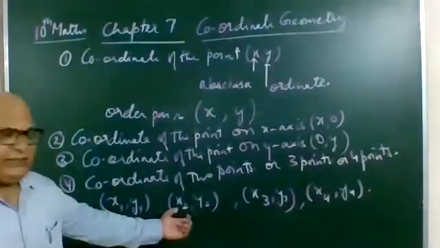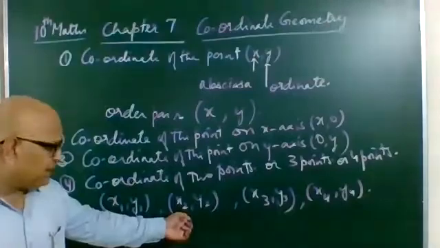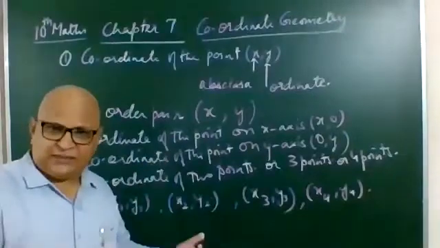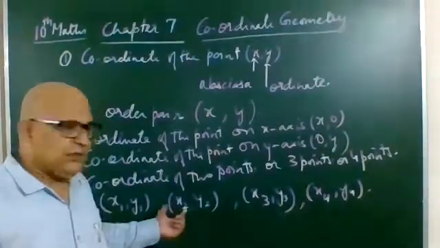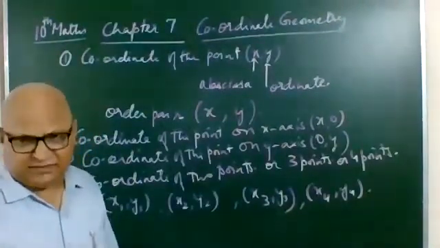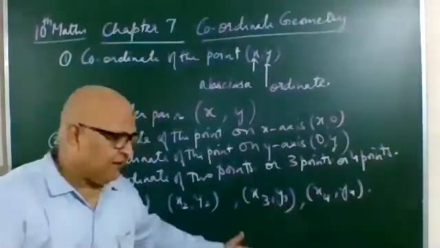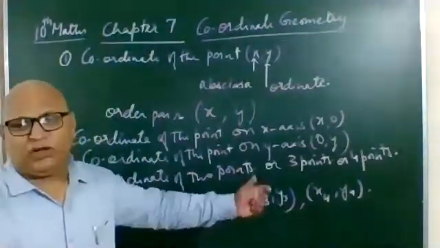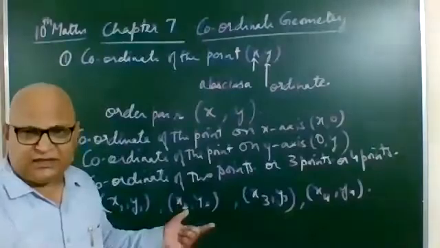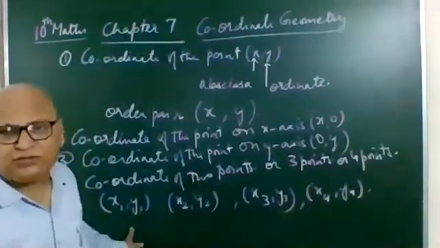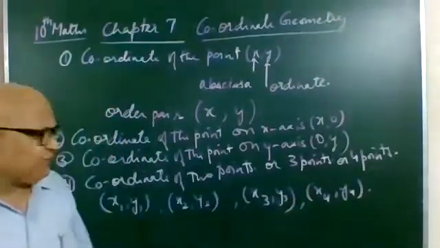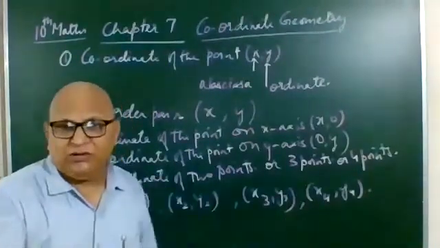So by 2 points, you can find out the length of the line segment. If 3 points are given, by 3 points, 3 line segments will be there, and you will have the triangle form. That is, you will say that a triangle can be formed by 3 line segments. You cannot write that by 3 line segments you can make a quadrilateral. For a quadrilateral, you know that it is a 4-sided closed figure. So 4 points should be there: x1, y1, x2, y2, x3, y3, and x4, y4. So this is how we write.